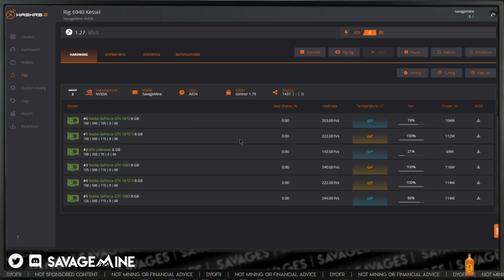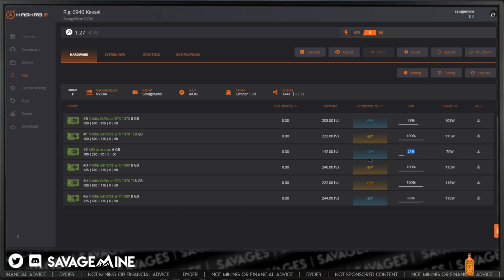The thing that kind of bothers me though is that I did those repastings, the thermal compound, and ever since I did, they're running really high fan, like 100% all the time. So I probably need to redo it, maybe buy some new stuff. I must have messed it up in some way. Although the 1070s seem to be fine. They're at 80, which is still a little high, but I think that's actually lower than it was before I did the repasting.